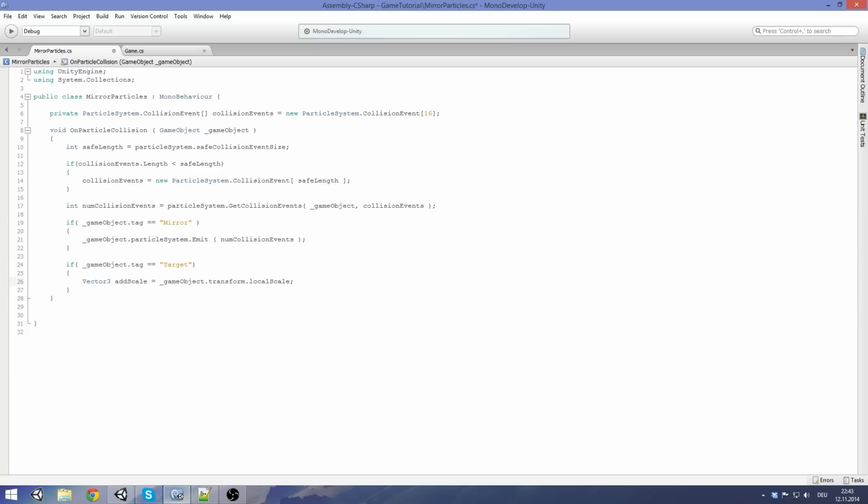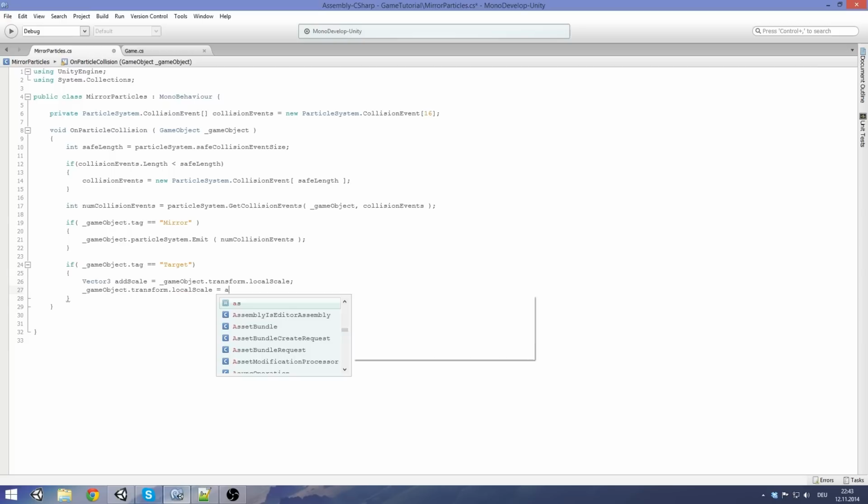Because you can't directly assign, you can't just add a vector to a game object's transform. You have to define a new vector before in C#. And I'm going to set the transform.localScale to the addScale